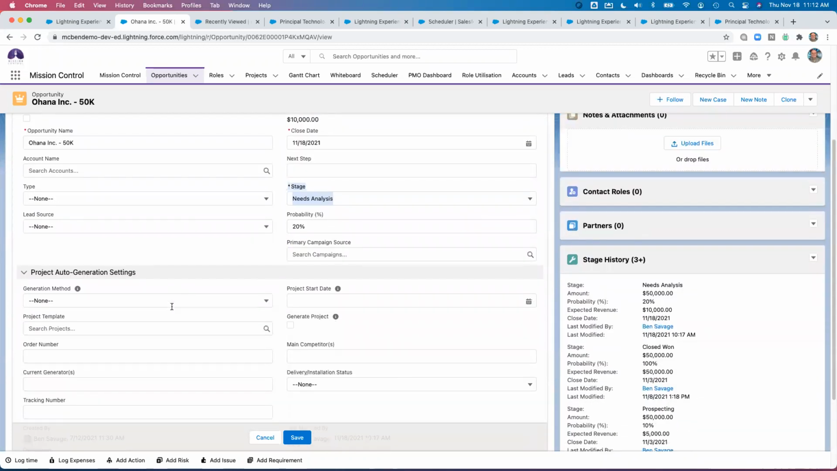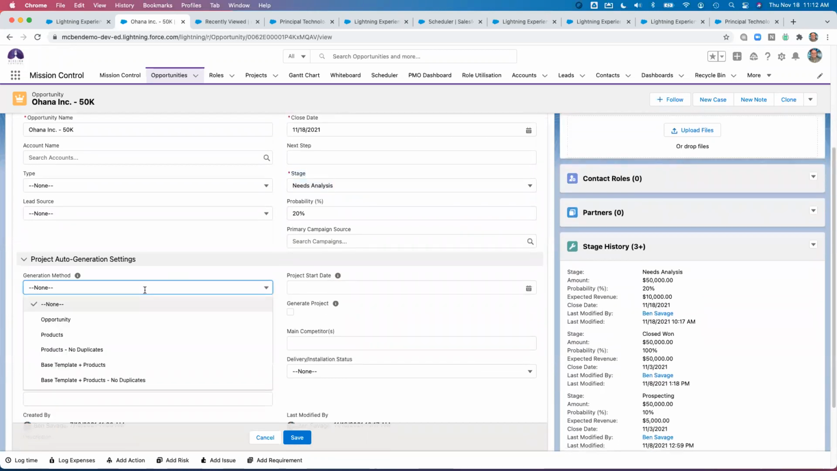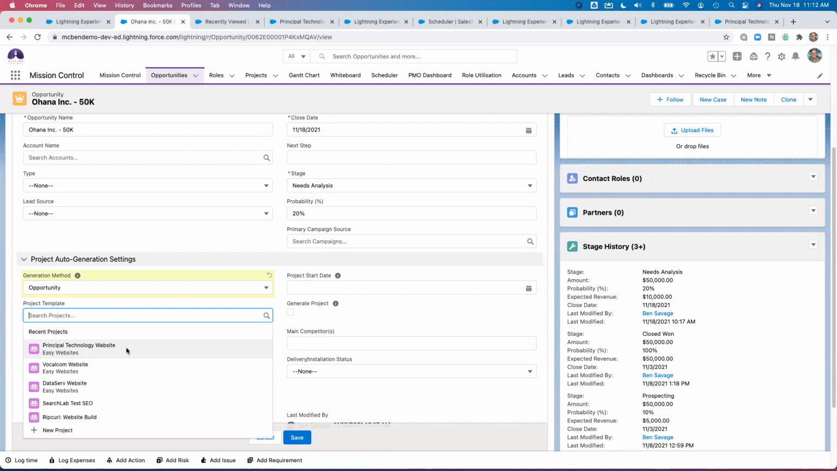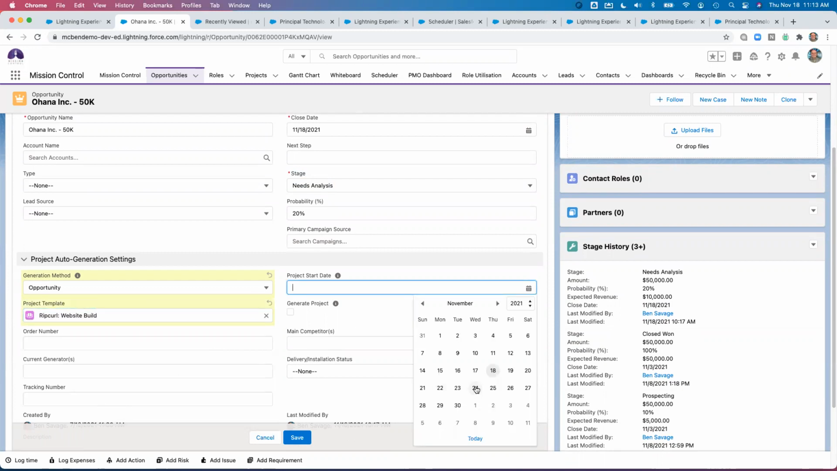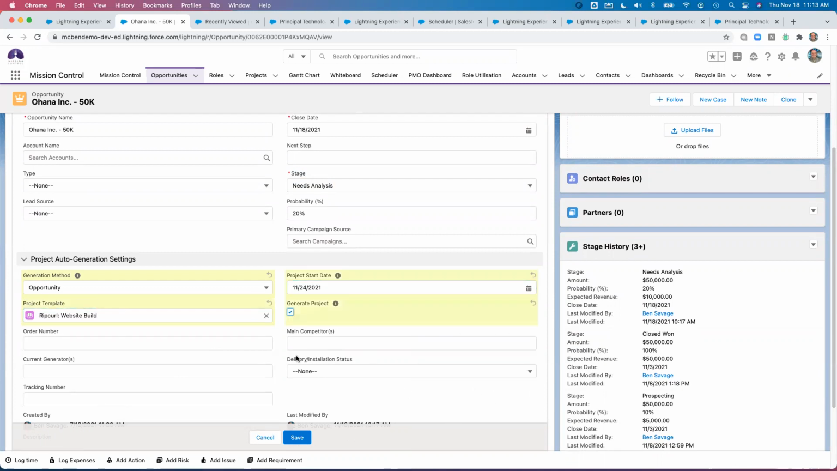So what I need to do first is I need to pick my generation method, and there's several different ways in here. Our top two are going to be opportunity and products. I'm going to select this to opportunity. I'm also going to go in and set what project I want this to look back to and copy. I'm going to go ahead and put our project start date as the 24th, and I'm going to tell it